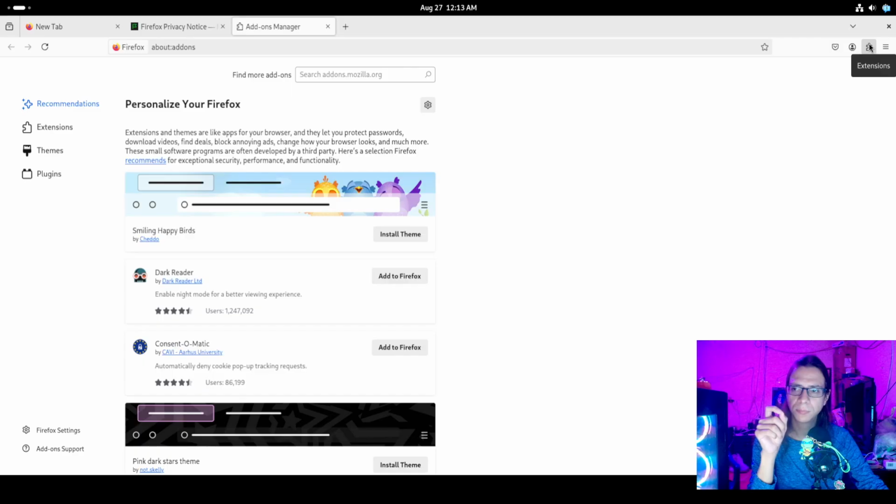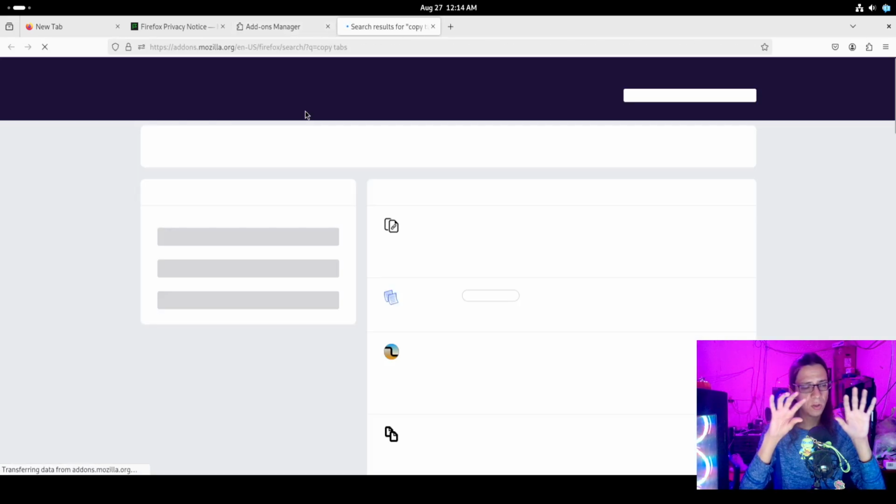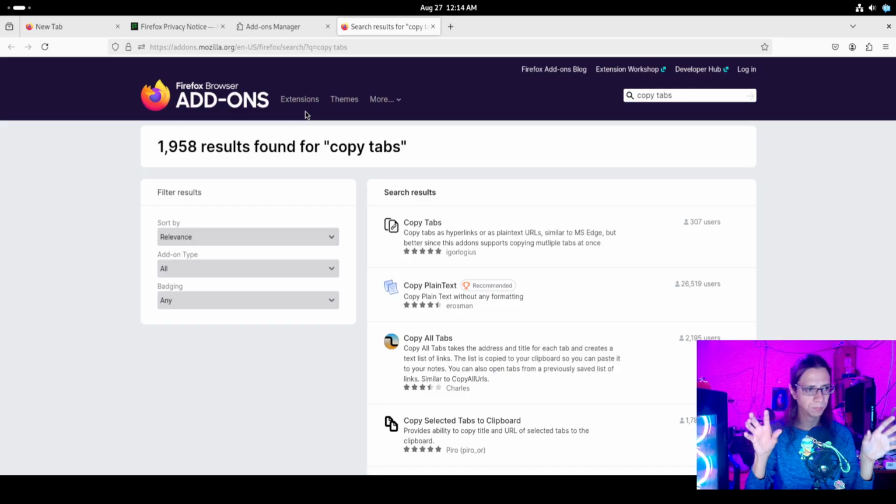You click here in the extensions, right in the top right part of your toolbar, and here you can look up for copy tabs. So whenever you have so many tabs open, let's say that you are downloading something, or you're reading, or you're trying to investigate, or you're working, and you don't want to close all the tabs all of a sudden and then organize them,